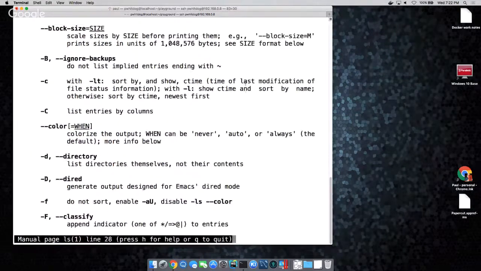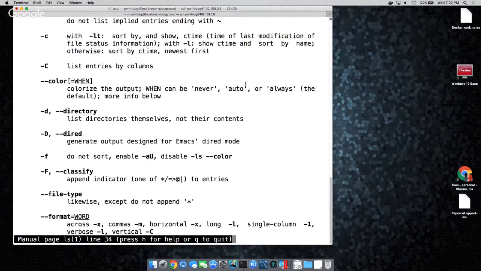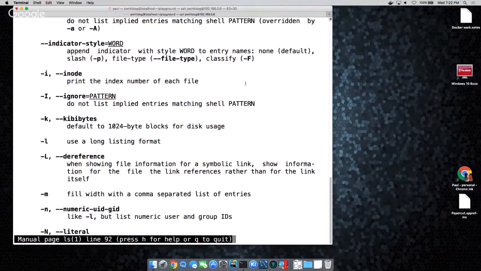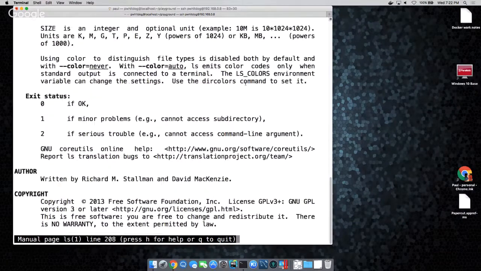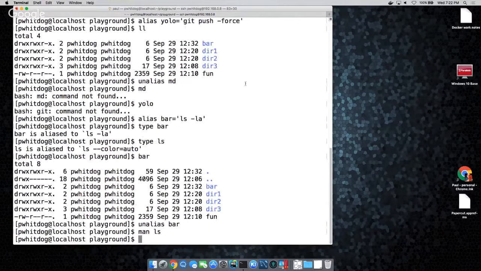And some of that's already there. So we're just showing blue for directories, but reds and greens and stuff are part of the color scheme. So some of what you might be seeing is just built into the auto color. But I think you can customize it. I've never done that, so I don't know. It said color equals when, and you can probably set up some conditions of when to use certain colors.